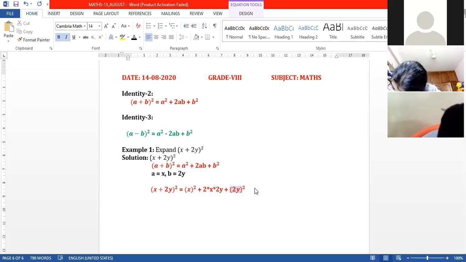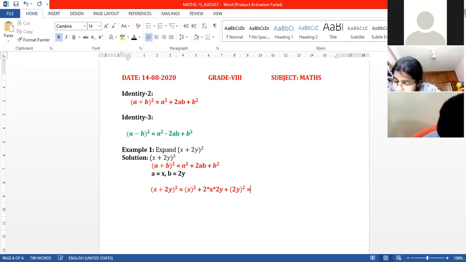Now we want to simplify this, is equal to x whole square, what will become x square, plus 2 into 2, 2 2s are 4, x into y, 4xy plus, now 2y whole square is equal to 4y square, 4y square. Students, always keep in mind, if I want to write square of any digit, always I will write in the bracket. Now you are observing here, x I have written in the bracket and 2y I have written in the bracket. This is the answer. Note down, everyone.